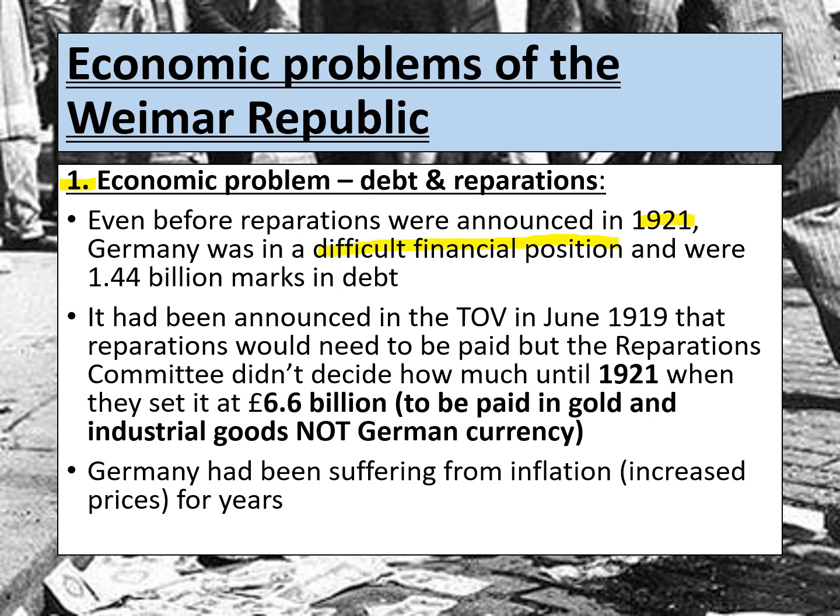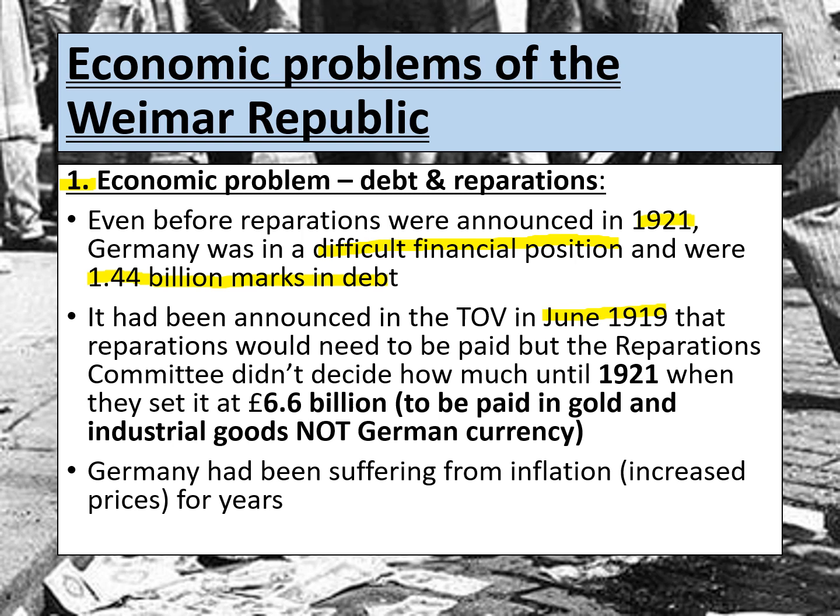We know that they owed about 1.44 billion marks in debt, and of course that was going to be quite difficult after industries had been affected by the war, and of course they had to rebuild their economy at that stage. Obviously, we then know that the Treaty of Versailles stated that they would need to pay reparations from June 1919. So then that was kind of lingering over the Germans, even though they didn't know how much they were going to have to pay.